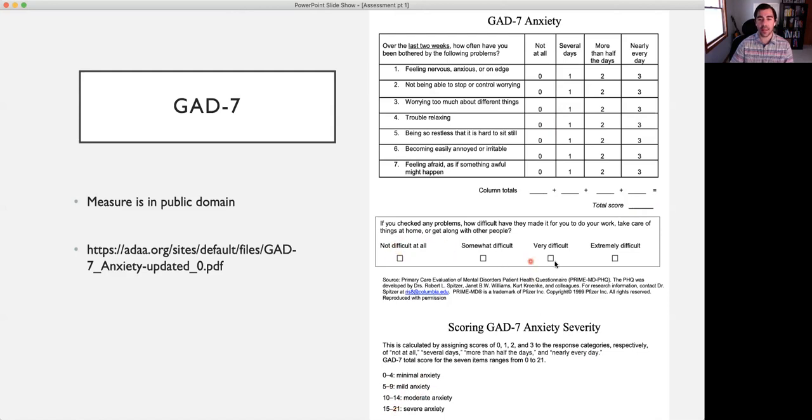And we get some indication here about functional impairment. And what that means is how much is this set of issues getting in the way of your life, your relationships, your work, your school, how your life is going, basically. So some of you may remember some of those questions from the demonstration survey that I did. So this is another example of a screening instrument that is widely used. This is public domain. You can feel free to check this out. You can easily find it online.